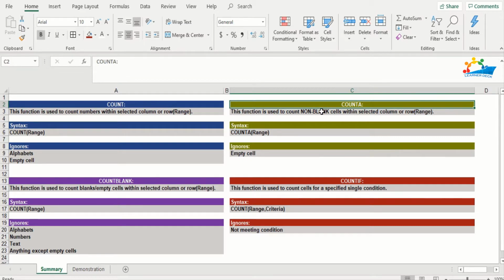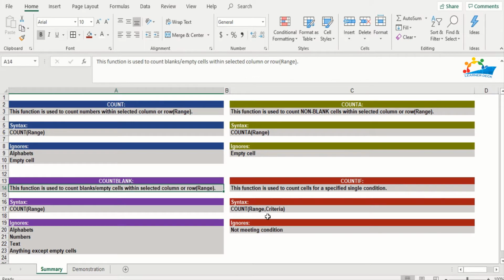Count A function actually counts everything except empty cells, so it will only ignore the empty cells or cells with no data. Count blank is used to count the number of empty cells within your range. So if you have cells that have no data, it will be counted by using count blank.